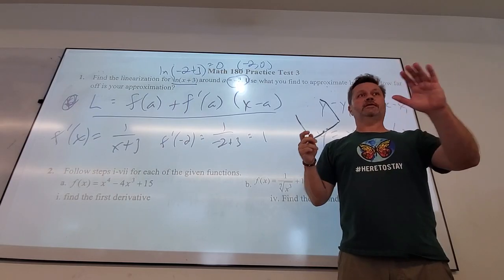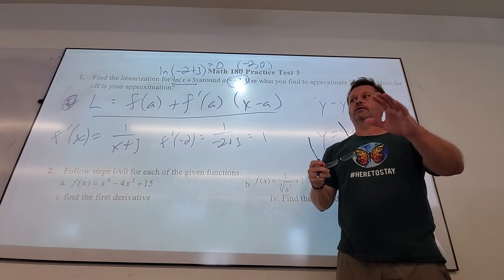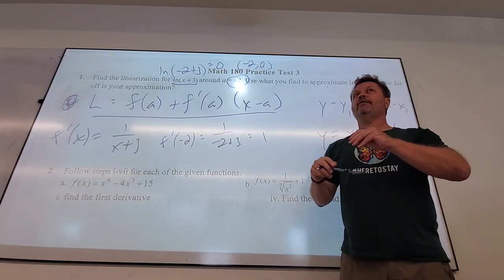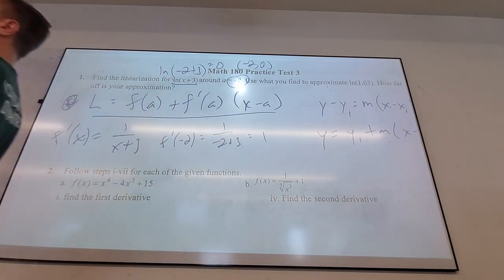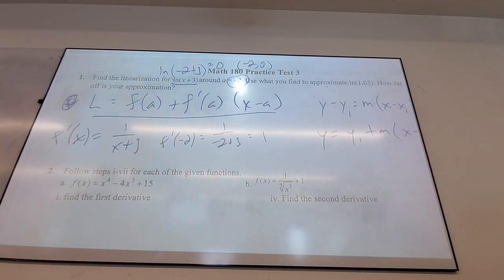So you get a remarkably simple linear approximation. What's the caveat? What's the give and take here? What's the catch? I could only use that line I find. Could I use it for any input? Will it be good for any input, the line we create? It's only really good if my inputs are close to -2, yes? And the idea of close depends on how close I need my answer to be. You guys kind of with me?